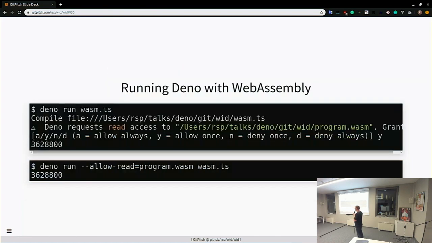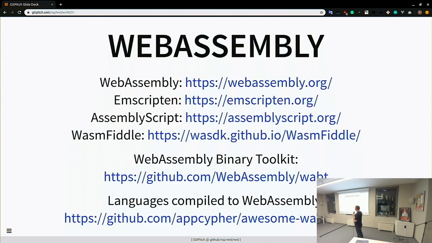And we can see that it even asks us for a permission to open this file, but if we allow it on the command line, then it doesn't even need to. So WebAssembly works perfectly well in Deno already, and there are some resources if you would like to see, because actually